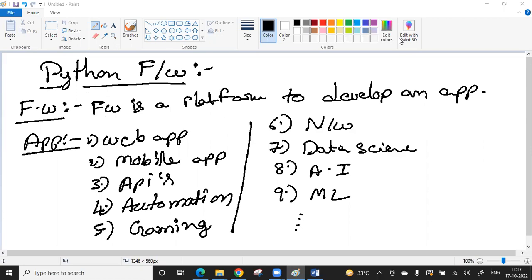Okay, so Python is the framework. If I say framework, we can develop all these things using Python. If I say .NET or Java, I can develop only the first three things. The remaining things are not possible using Java, .NET, PHP, and other programming languages. Hope you are clear on what we are going to do. So our main focus is